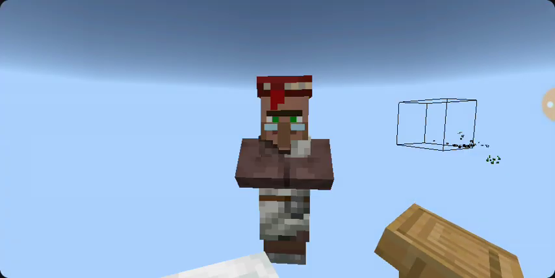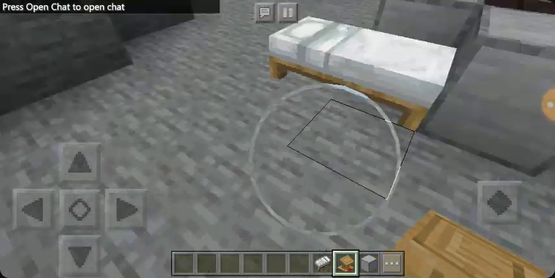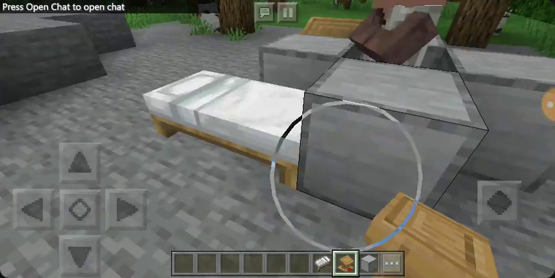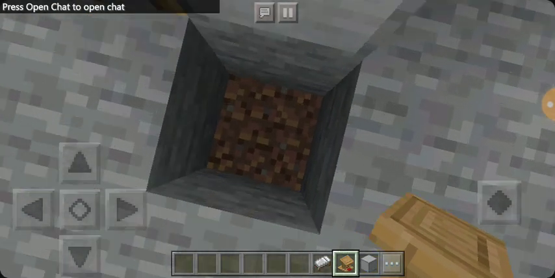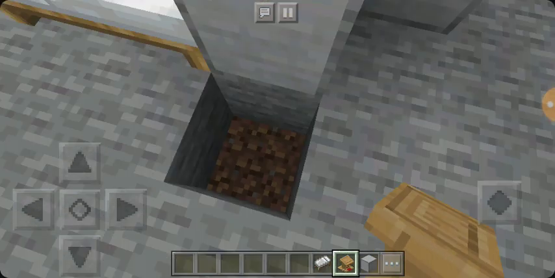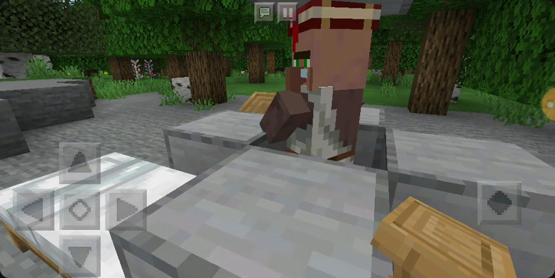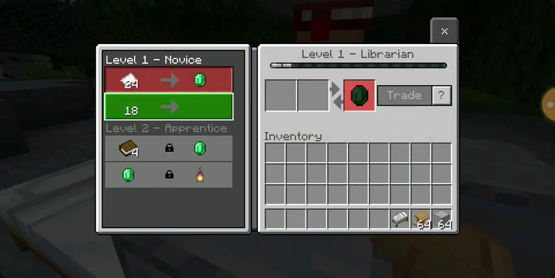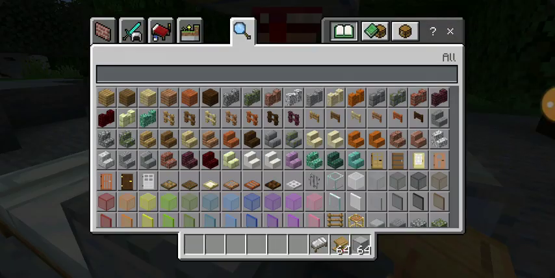So as you can see, he's still the same villager. And there's stone because of the fill thing. But if I dig down, oh wait, no, it's still going to be stone. So dirt doesn't change, only the grass does. But if you change the dirt, then the dirt will change. So as you can see, if I load up his trade, he still has the enchanting book. But if I get emeralds and a book,